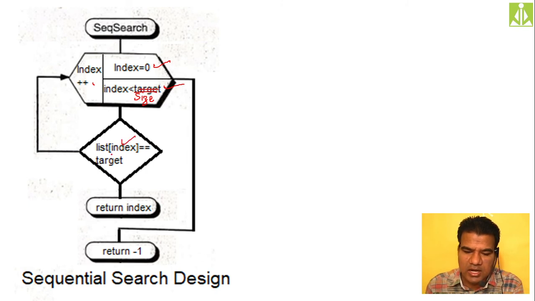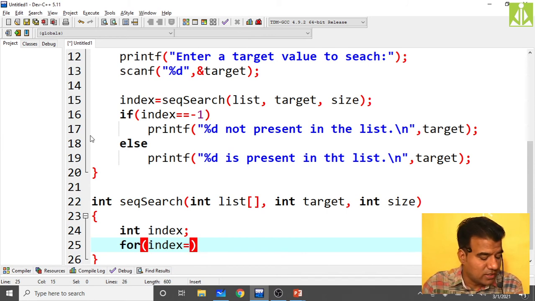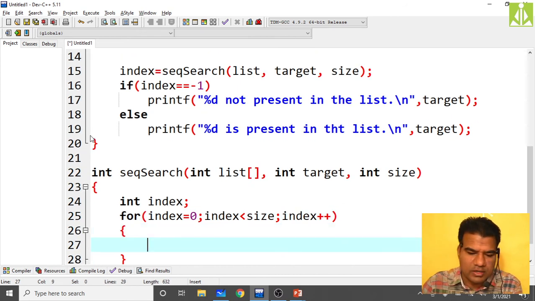As you can see, index, list, target. Based on that only I thought of making the resemblance between the code and the flowchart. So index equals to 0, index must be less than size, then index plus plus. So we are running a normal loop over here.